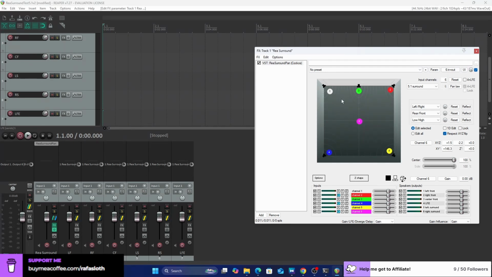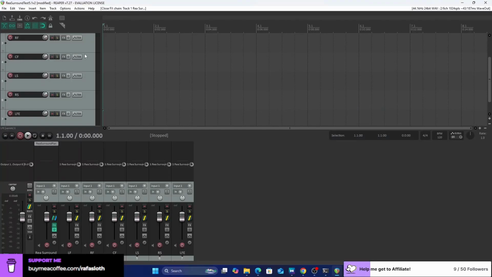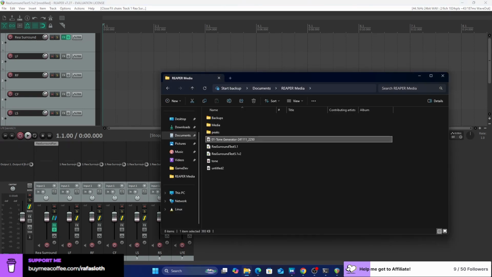For now, I'm gonna leave it as is. I'm gonna close this. In the surround I don't touch anything, but in the LFE and left front, I'm gonna start using the tone.